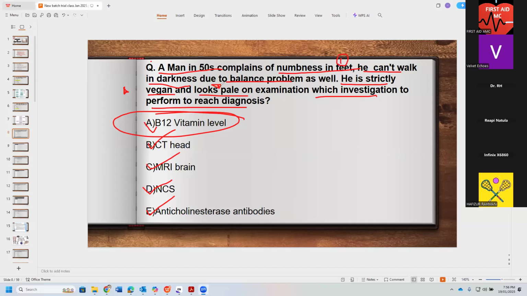All right. A 50-year-old complaining of numbness in feet and can't walk. If they just complained of neurological symptoms, and haven't mentioned nutritional deficiency and looking pale on examination, which imaging would we have done straight away? Which imaging would you do if there was only neurological symptoms mentioned? MRI, Dr. Arif, it's not easily available. CT, we will do CT straight away.